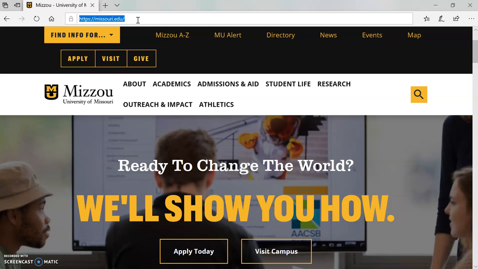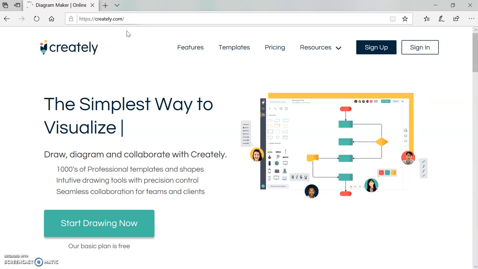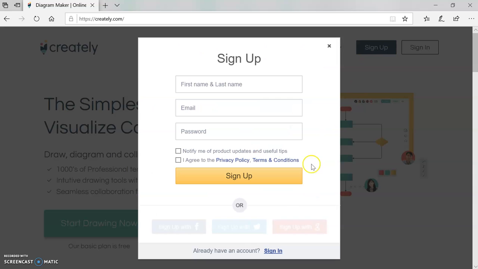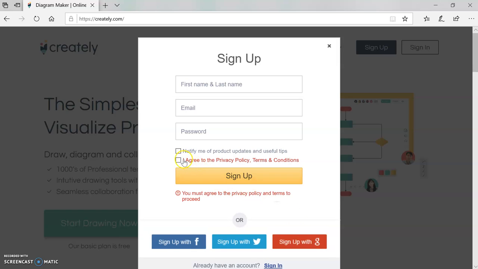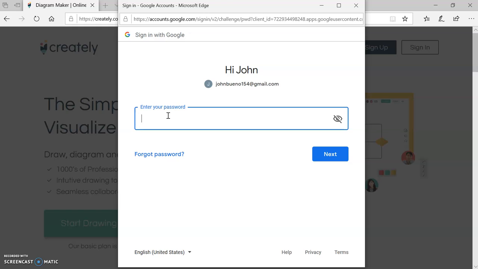So let me please go first to the tool we want to use. In this case, the tool is called Crieli.com. So we go to this tool and we're going to sign up, using our Gmail account, for example. So I agree with the privacy terms and conditions, click on sign up, choose the account I want to use to sign up, enter my password,